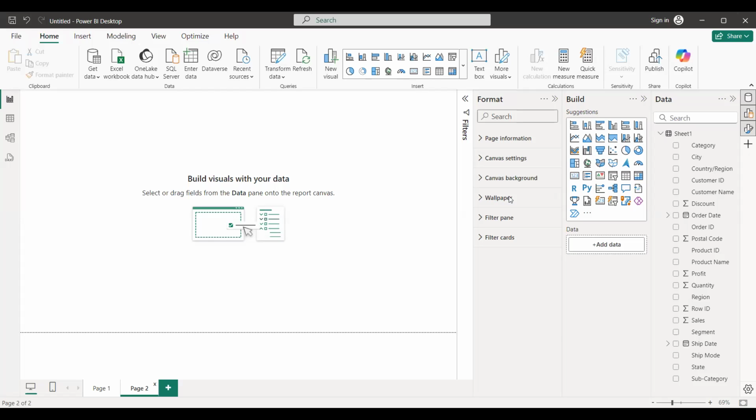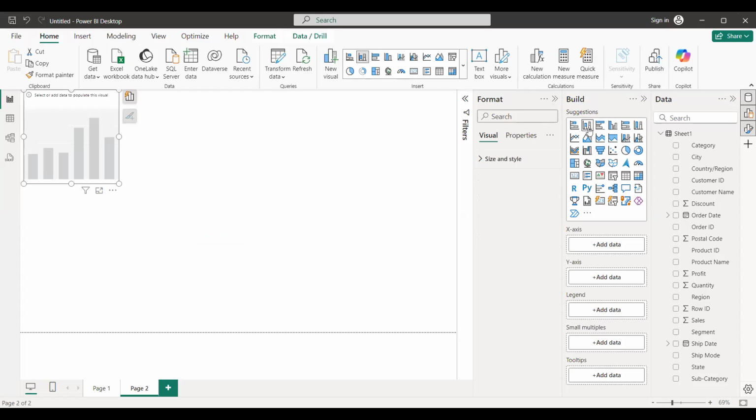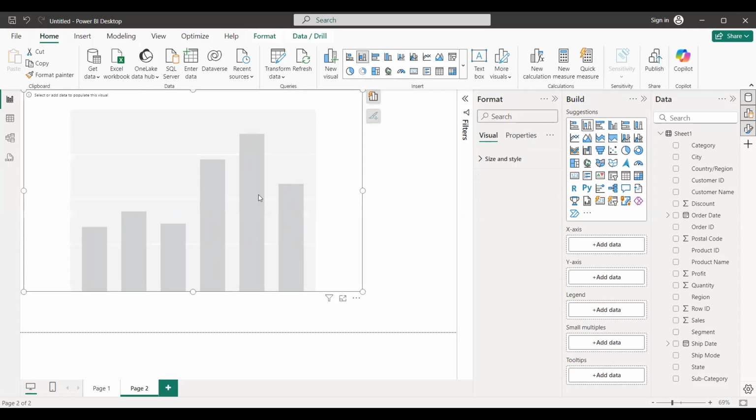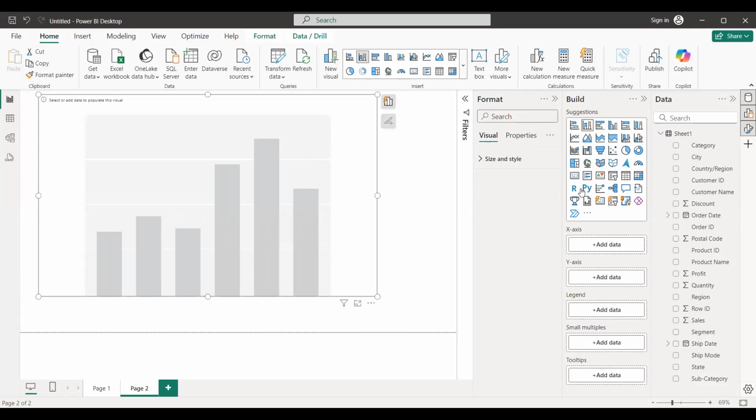Now let's create individual charts. So first we have the stacked bar chart and stacked column chart, all the charts we have here, right? So here, let's create one stacked column chart. Select this chart first and make the size bigger. Okay. And here you will be having the x-axis and y-axis. Directly you can drag and drop, like which sales you want to understand. So if you want to understand the sales of the subcategory, select the subcategory into x-axis, drag and drop it